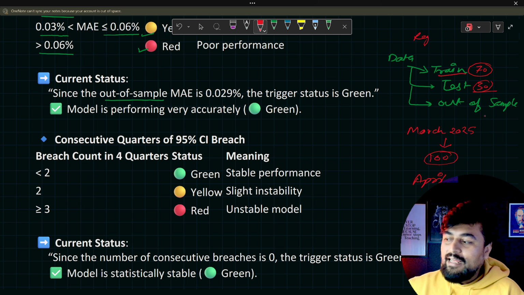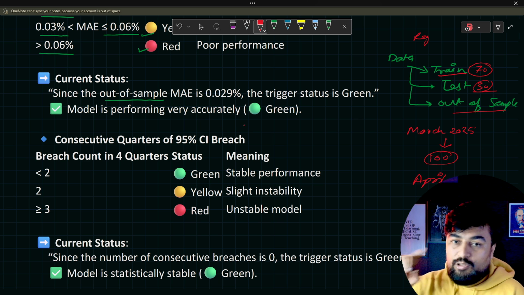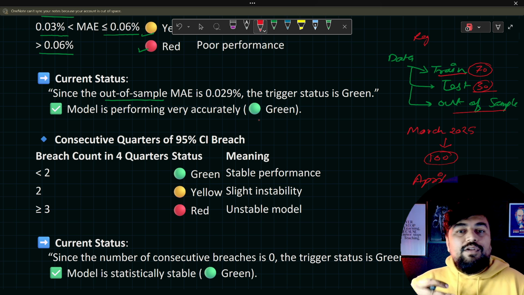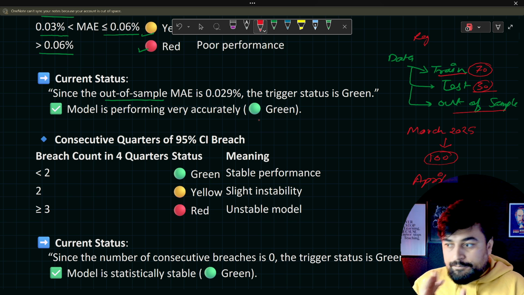Now this apparel data I will pass in out of sample. So that is out of sample when you are testing the model. Obviously you can do the testing of the model when you are using out of sample data, because that data has not been touched by your code. So your code will not be able to manipulate the result, and you will get to understand whether your output is unbiased or not.